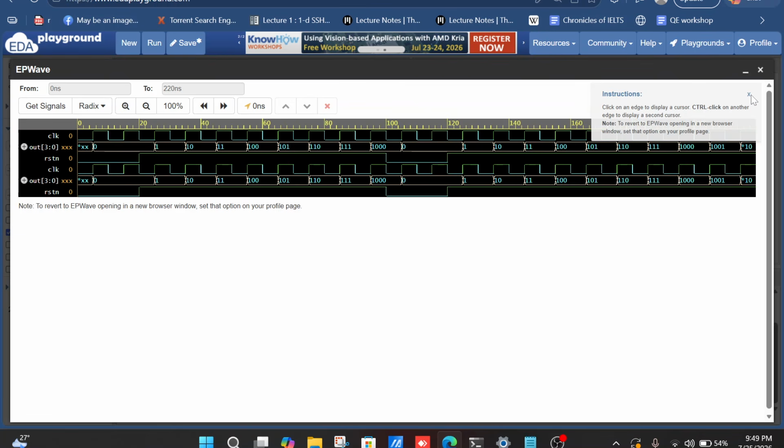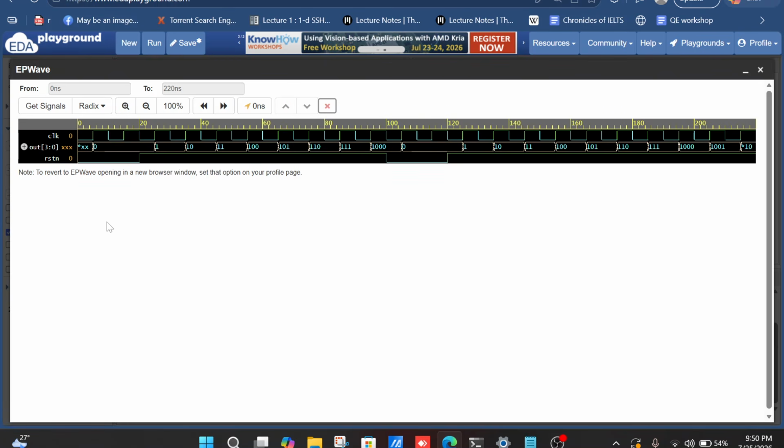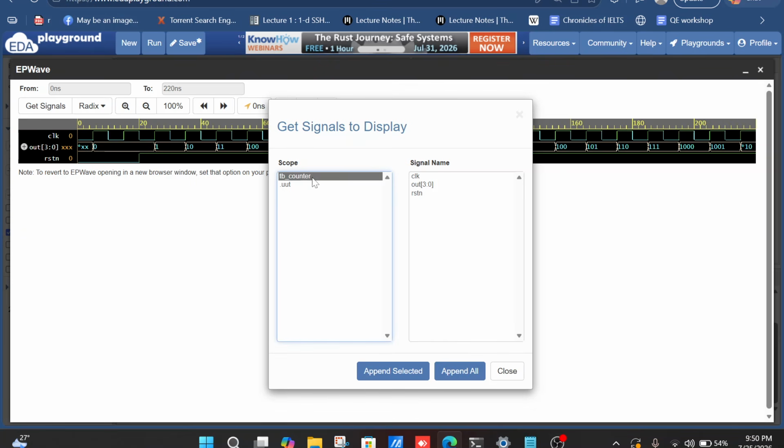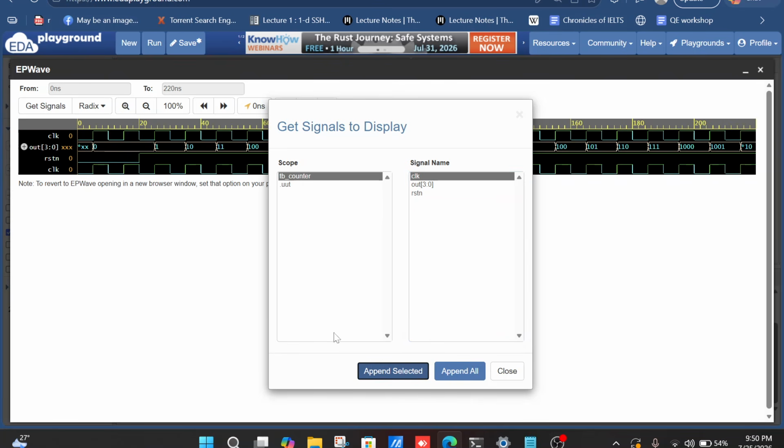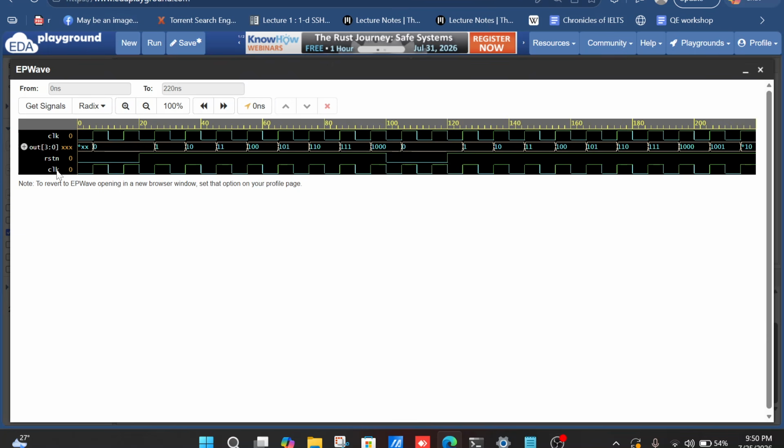so this is the graph. This is the waves. You can see that there are two copies of it. I don't need both copies, so I'm just going to delete one copy. I'm selecting these two signals because they are repeated twice, and just clicking on this cross. If you want to change the signals further, if you want to add a new signal, just click on this get signal, select the code, and from here you can select any signal you want to show in your graph. For instance, if I choose the clock again, the append selector, you can see there's another clock showing in the graph. But I don't need it, so I'm just going to